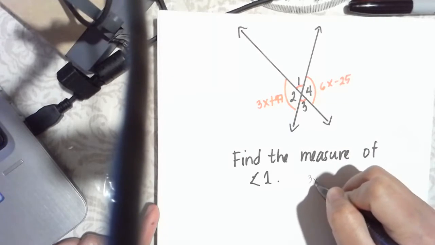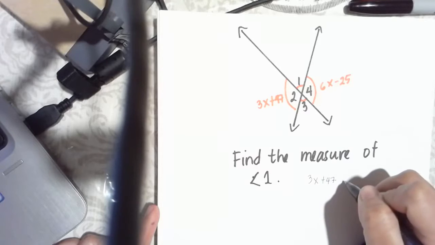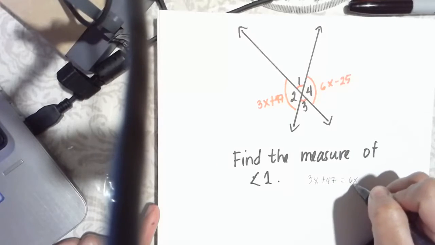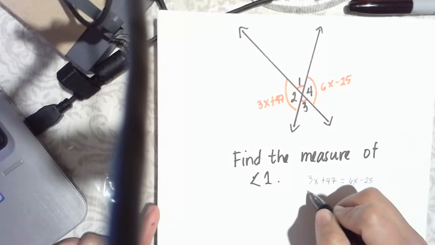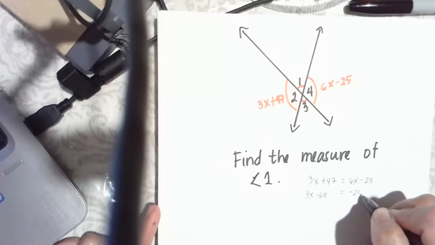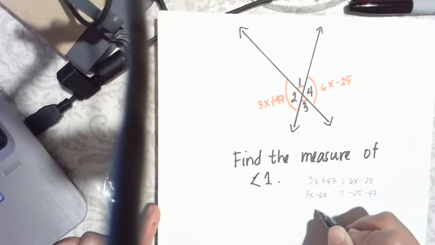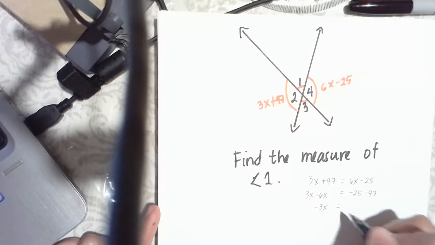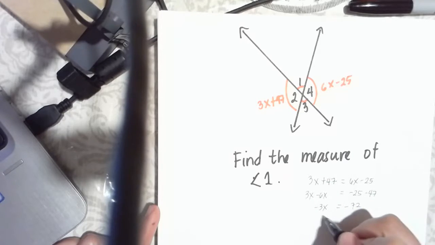So 3x plus 47 is equal to 6x minus 25. So 3x minus 6x is equal to negative 25 minus 47. So this is negative 3x. So negative 25 minus 47 is equal to negative 72, divided by negative 3